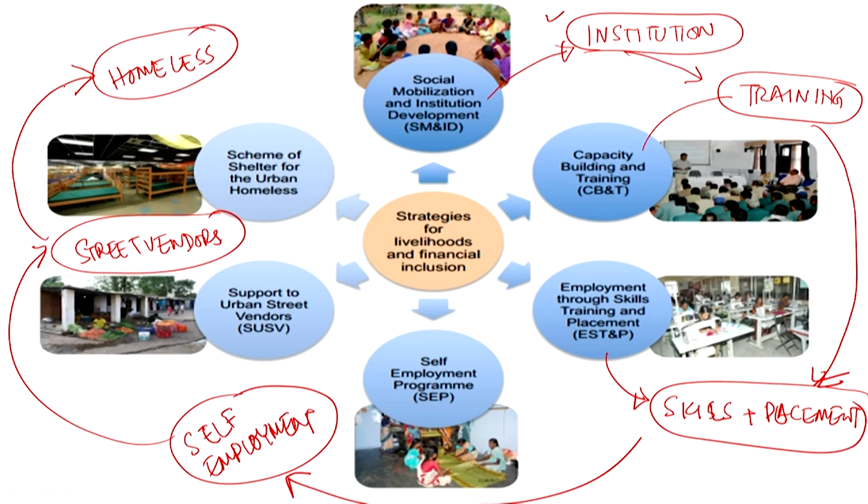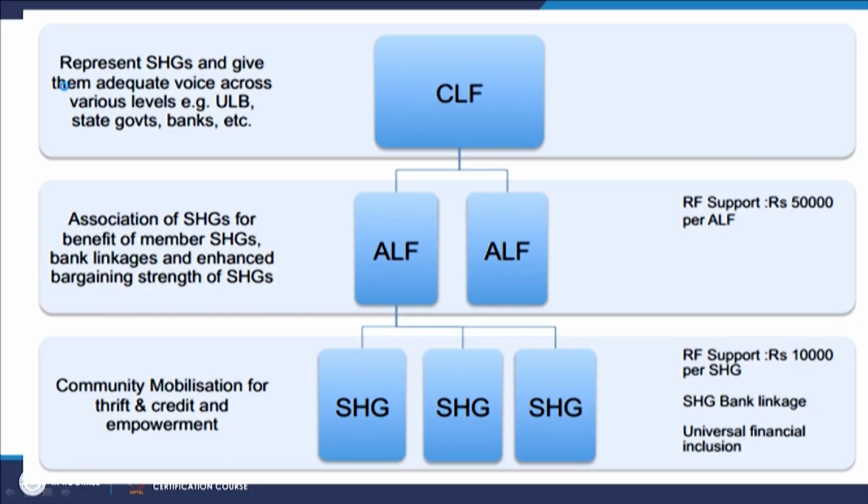The job will be created through a series of activities: institution building, training, skill building, placement, upgradation, self employment, and then street vending and the homeless condition and their improvement. So these are the verticals of the self-help group. In some lectures we discussed in detail the hierarchies and the levels of the self-help group. I am not going into details. The self-help group discussed earlier is more or less the same. So through the self-help group all these 6 components will be achieved,